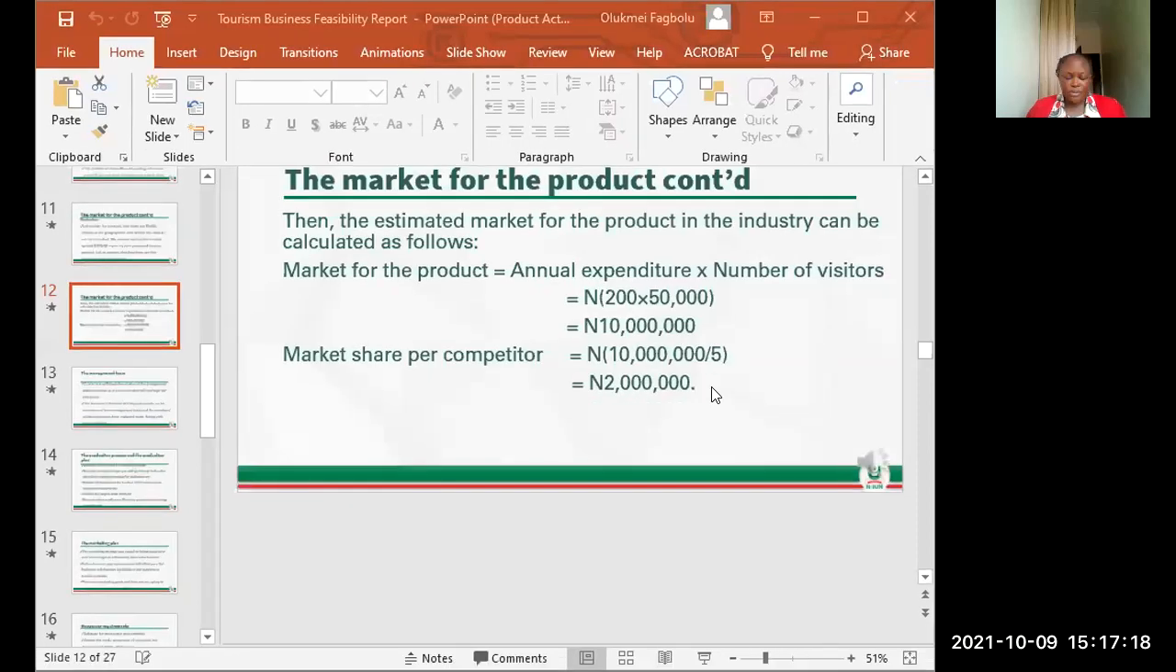So I was explaining the market for the product and how we can calculate market share per each of the competitors. And we said the formula is annual expenditure by number of visitors, that is 200 naira by 50,000, and that will give us 10 million naira. And market share per competitor, 10 million naira by 5, will give us 2 million naira. That means each of the competitors is expected to make at least 2 million naira every year selling that product. Then the next